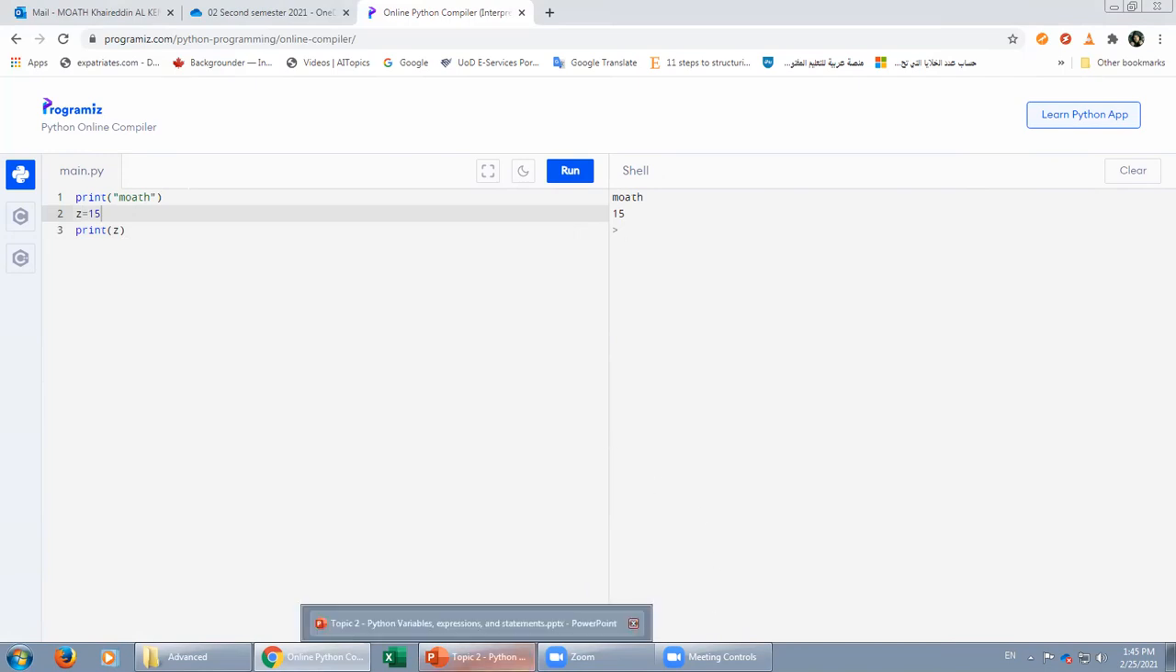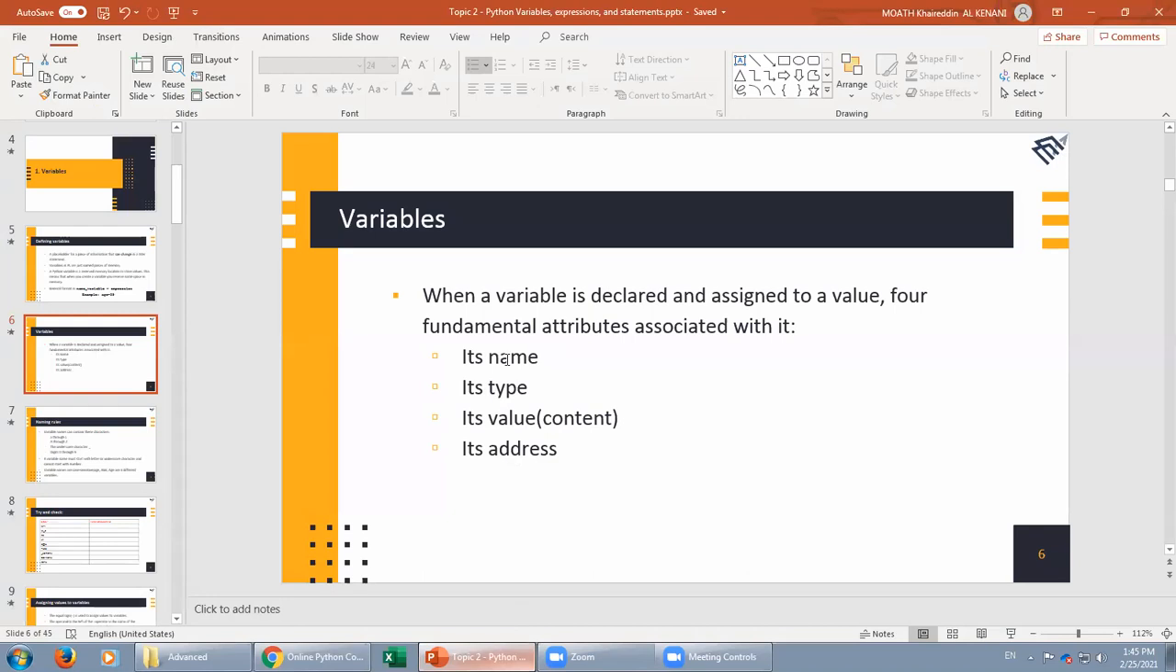تمام يا شباب؟ فأنا أول ما أحط variable بحط لي اسمها، بخزن لي إياه، بعدين نوعها، بعدين قيمتها، بعدين عنوانها. كل هذه أشياء مجرد ما أنا أنشئ variable. في أي سؤال؟